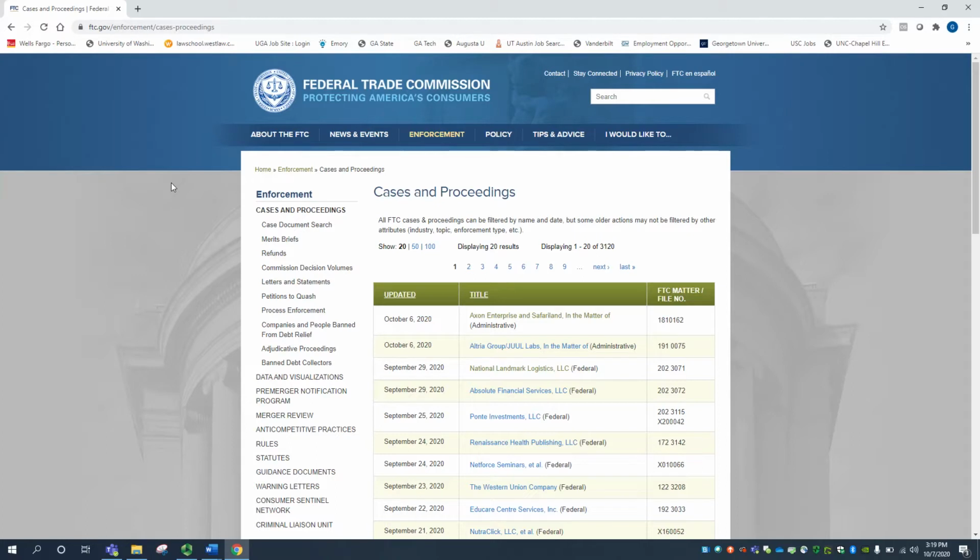The FTC's structure here is pretty typical. An administrative law judge or an ALJ is generally going to decide these regulatory administrative cases in the first instance. The ALJ will also do all of the fact-finding. They'll compile the administrative record.